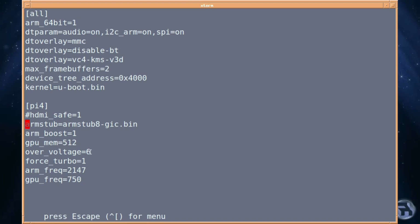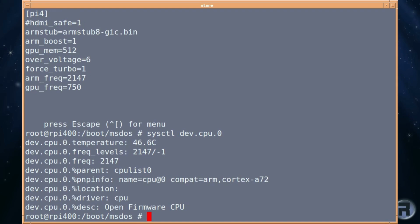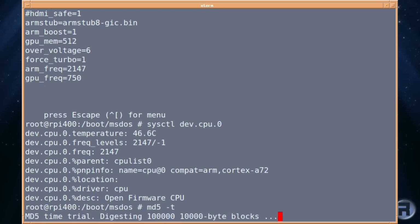hdmi_safe is something which you should always comment out, because then it makes your display not too big. If you have that default, it's going to look weird and too large. So you always comment that out and you'll be fine. Well, at the moment I'm running at a temperature of 46, so that's only about 6 degrees higher, with a top speed of 2147. And doing the MD5 test,